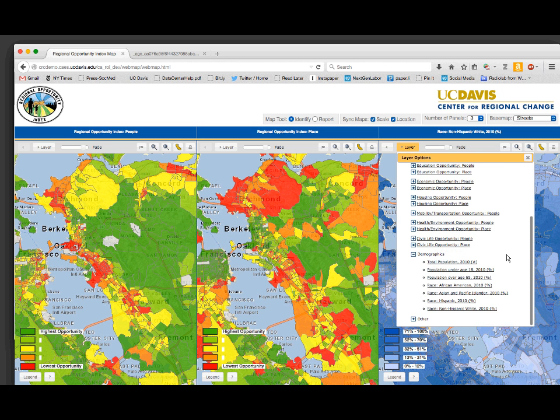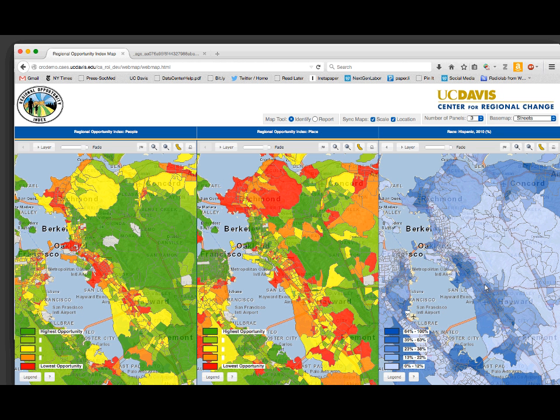Just another example, if we look at the Hispanic population, again, you see large concentrations of Hispanic population, Latinos in Oakland and Richmond, correlating with these patterns of low opportunity. But you might notice the patterns of place-based opportunity don't always coincide with people-based opportunity. It begins to provide pointers to what might be going on in certain areas that would be unexpected from what